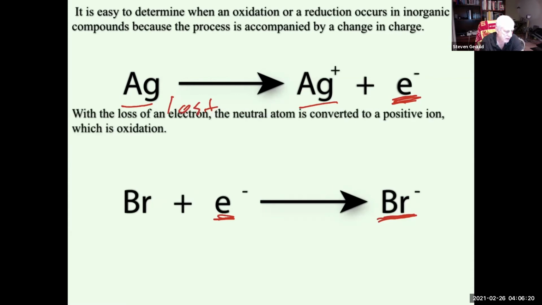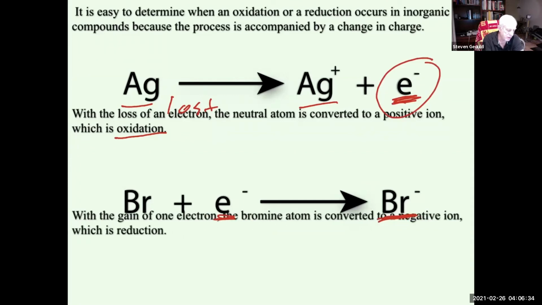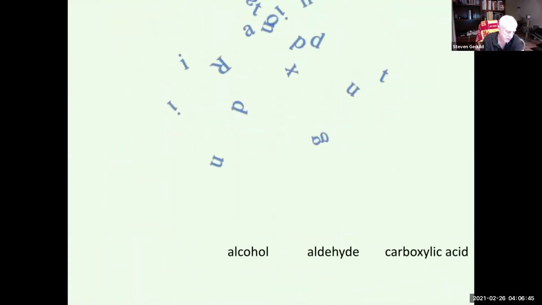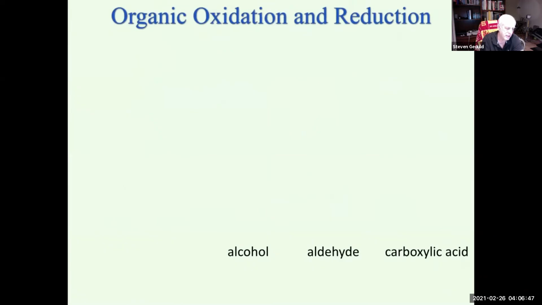Okay. With the loss of an electron, the neutral atom is converted to a positive ion, oxidation. Okay, you've lost an electron. That's oxidation. The gain of an electron. Okay, this is reduction. Okay, you've gained an electron to form a charge. You can follow the charges in inorganic systems. Easy to tell. That's kind of out of order there, but that's okay. So organic oxidation reduction, inorganic